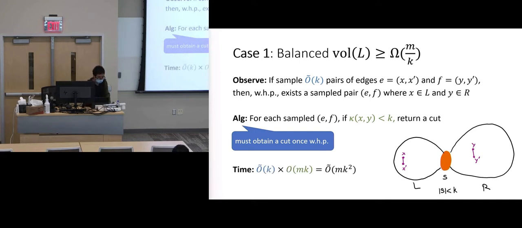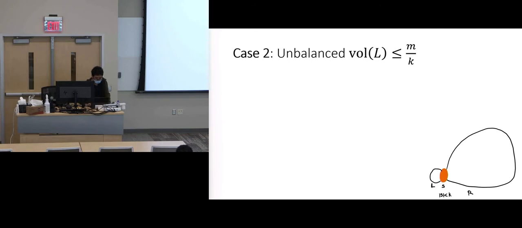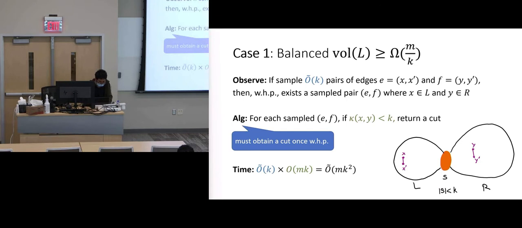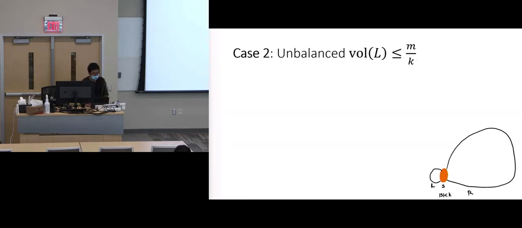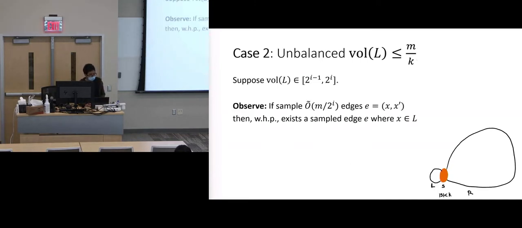So you sample k pairs of nodes. One of the pairs is going to be on the different side, and for each pair you spend mk time using Ford-Fulkerson. Otherwise, it's unbalanced, and if the volume of the small side is something like 2 to the i,